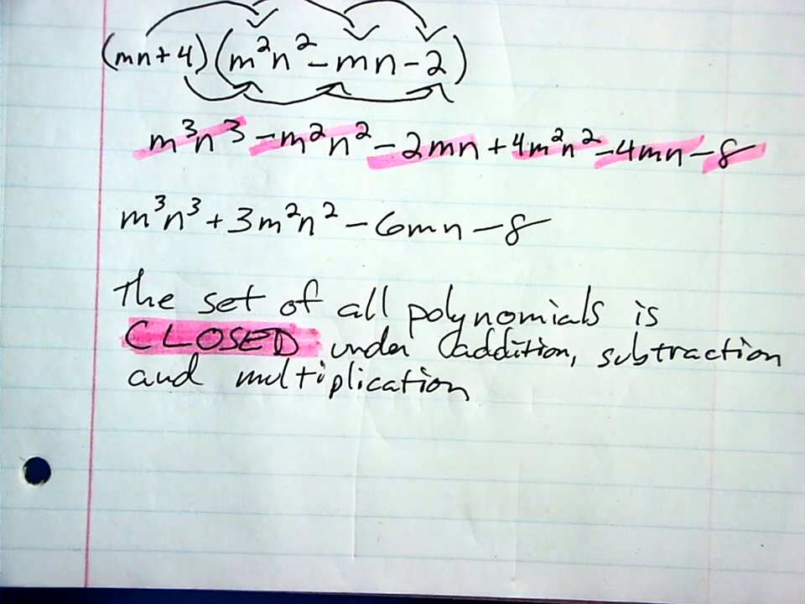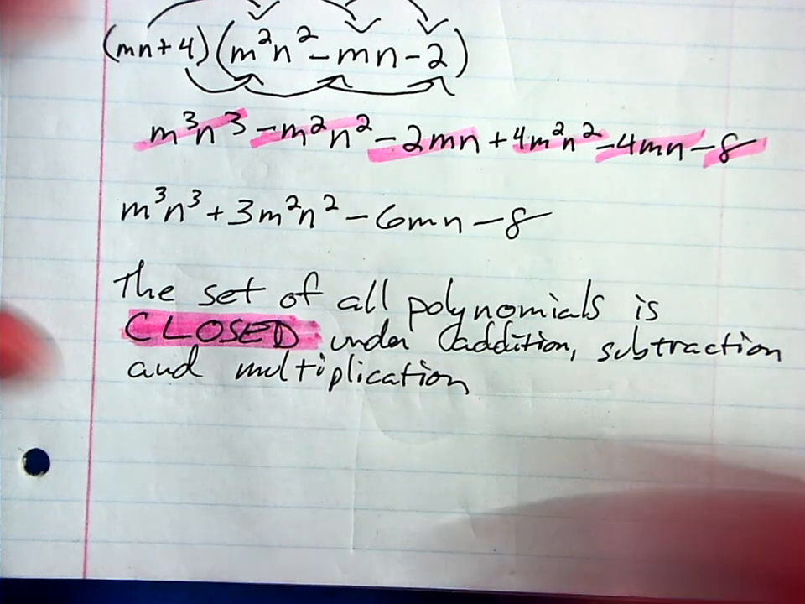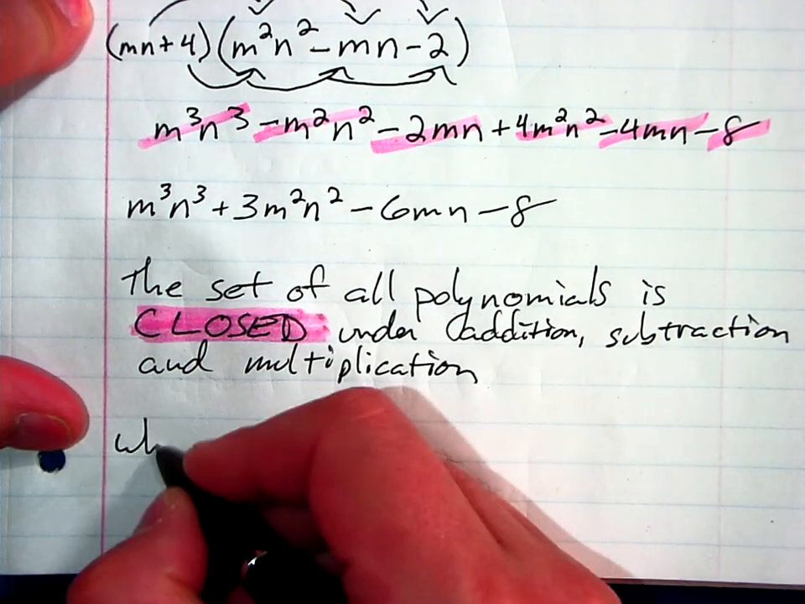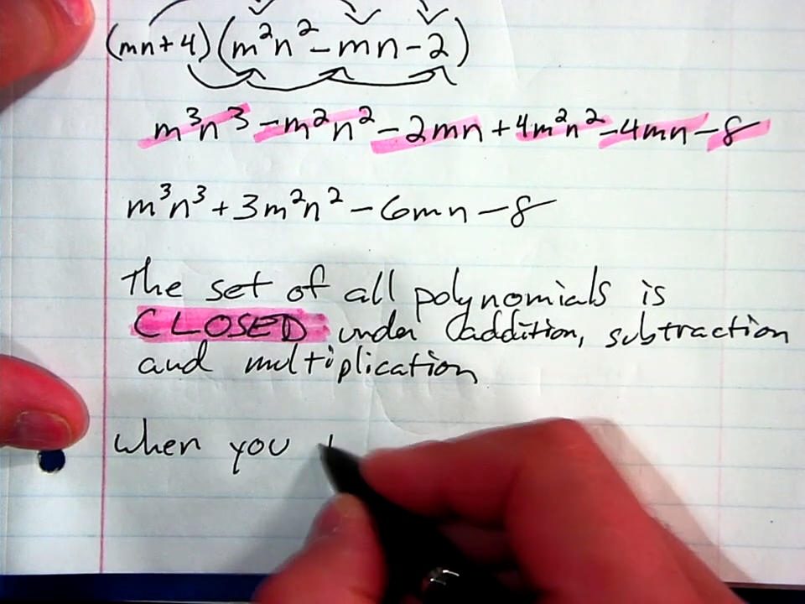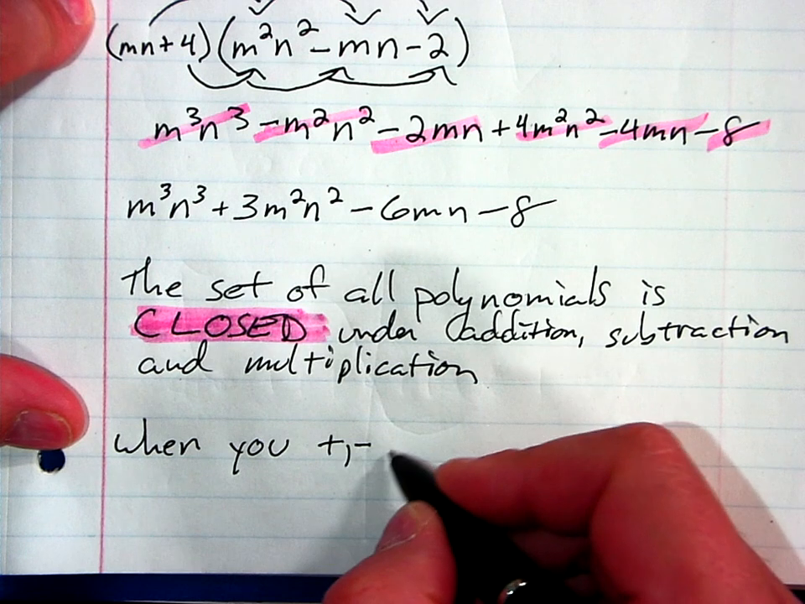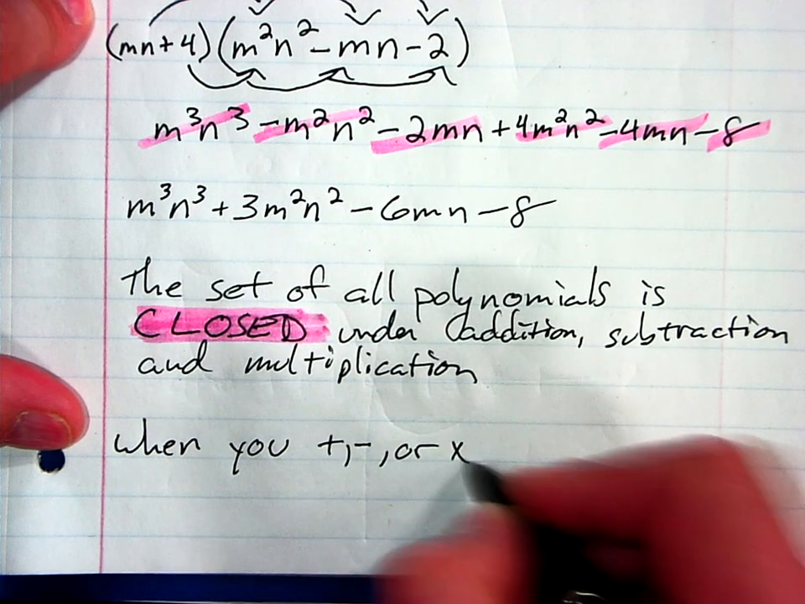All right, everyone understands what that means perfectly, correct? Like, no. Except for the closed part. All right, this is what it means when this is translated. When you add, subtract, or multiply